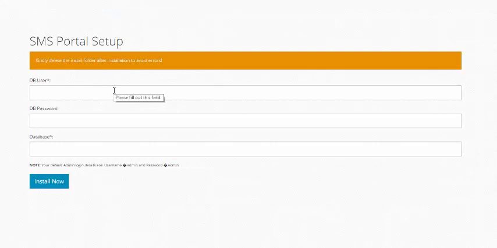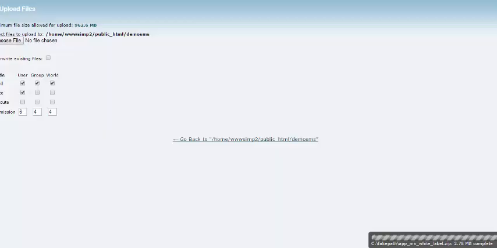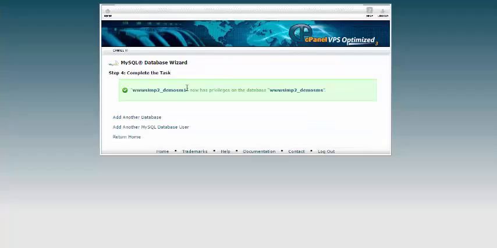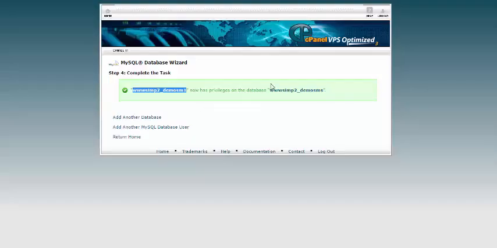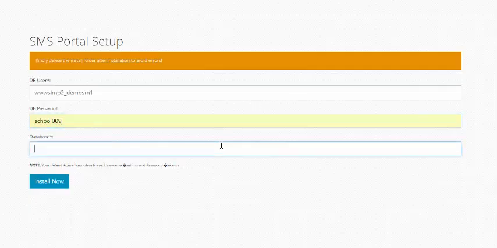So the SMS and Premium Shortcode application has a very simple installation process. The information you're going to provide there is the information you provided while creating your database using the MySQL database wizard. So I'm going to copy the database username. I'll come back to the tab where I have my setup page opened. The database password, I'm going to input it accordingly. I'll come over here, I'm going to pick the database name created. I'm going to paste it for the field for that, and when that is done, I'm going to click on